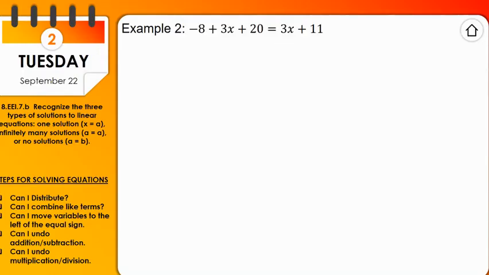So we'll work through one more example. So I have -8 plus 3x plus 20. First step, can I distribute? There are no parentheses, so the answer to that question is no. Can I combine like terms? Yes. -8, positive 20. When I combine -8 and positive 20,